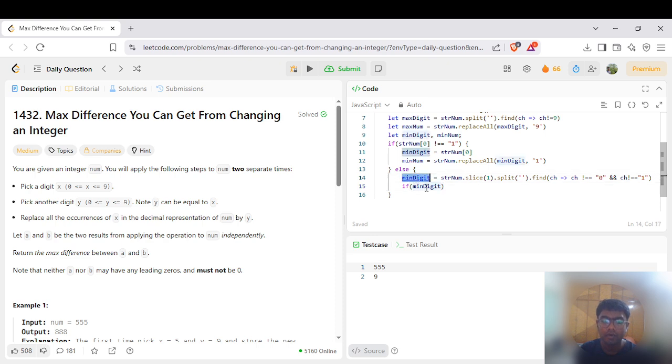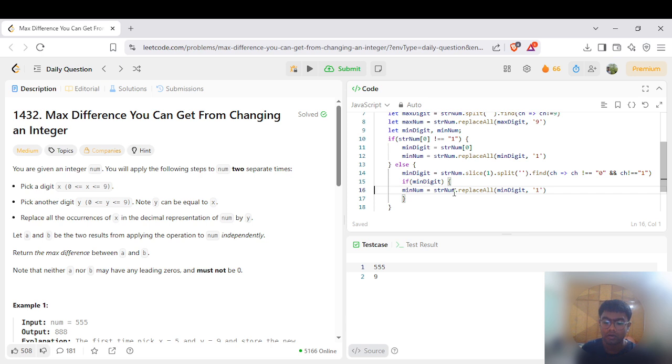If we find the min digit, then we simply replace it with 0, else we